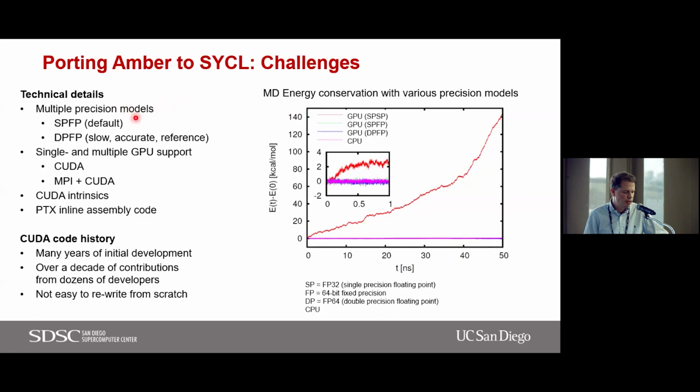Then there's also some technical details. We have multiple precision models implemented that we like to keep. There's a mixed single precision and 64-bit fixed precision for accumulation, data accumulation, and reference code with a double precision, so 64-bit floats and fixed precision implementation, and single and multi-GPU support to enable ensemble simulations, CUDA intrinsics, PTX